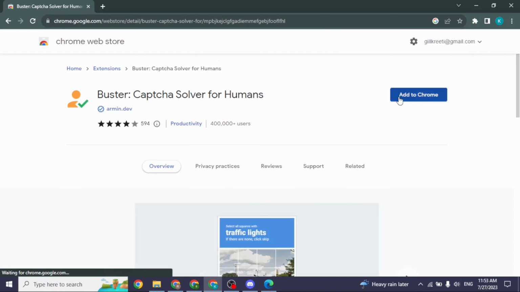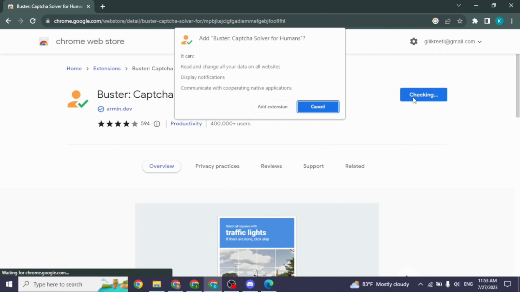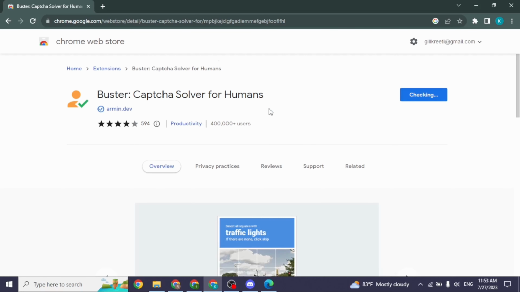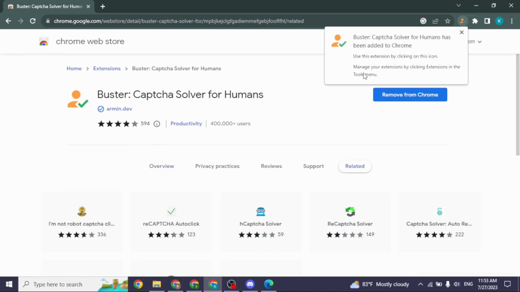Open it. You will need to add this extension to your Chrome, so click on this option, Add to Chrome. Now click on Add Extension. It's in the process, so wait for a few seconds. After it has been added to your Chrome, now you can open a new tab to check whether it works